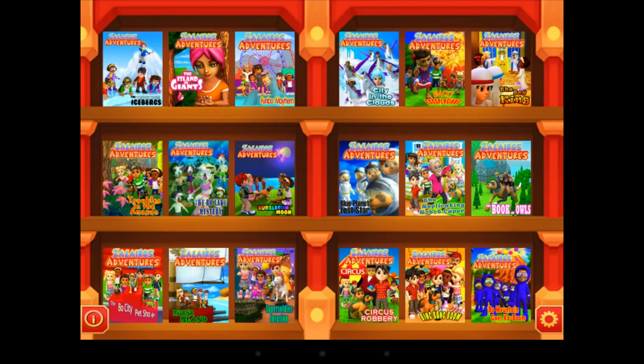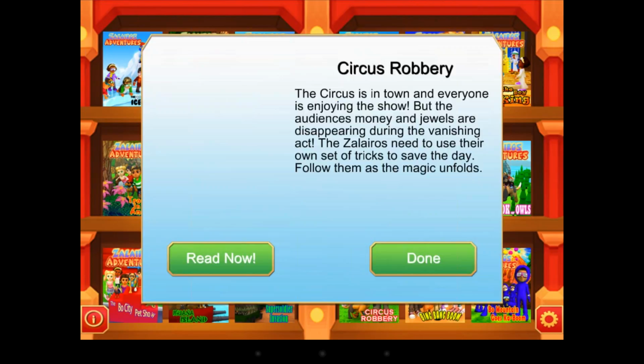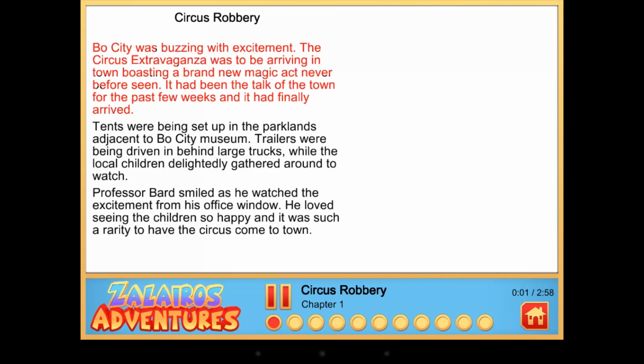Yep. So in this example, I'm going to pick a random adventure. Let's pick this one, the circus robbery. Read it now. The students get involved in the adventures of this young person, or you can choose to be the villain as well, which I haven't actually seen that angle yet, which is quite interesting, hey? Yeah, there you go.